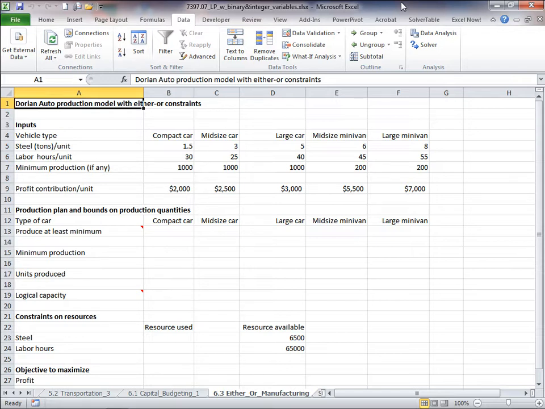It's entitled Either Or Manufacturing, but we also refer to it as the Dorian Auto model, not to be confused with the DeLorean Auto model. I guess we ran out of flux capacitors. Huh? But anyway,